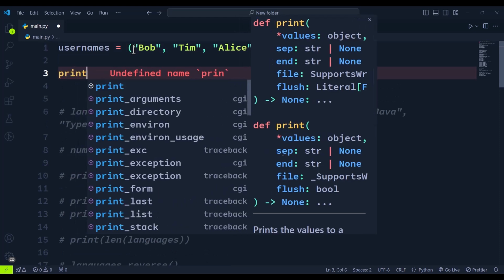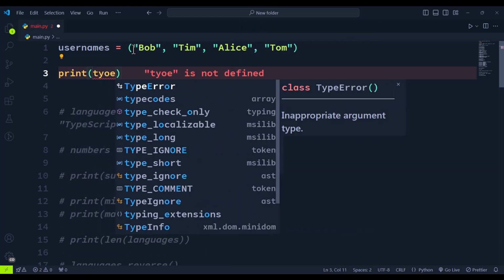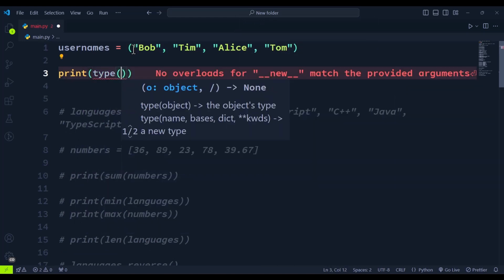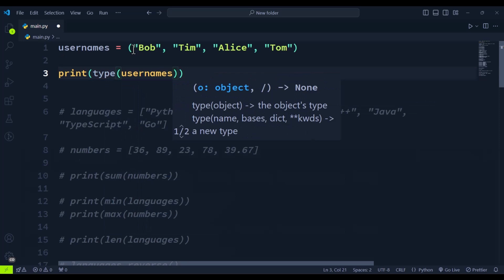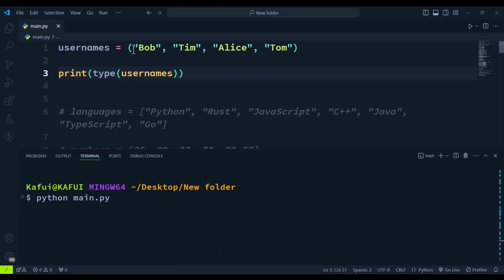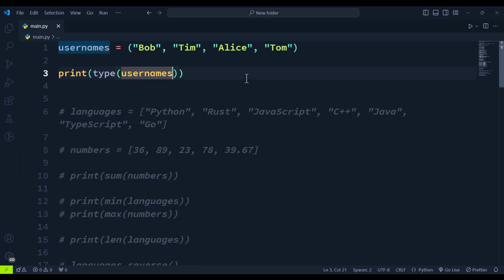When I go ahead and then print type of usernames, go to my terminal, clear it, and run my file. You see that we are getting class of tuple. So this is how we define a tuple. We put them in a set of